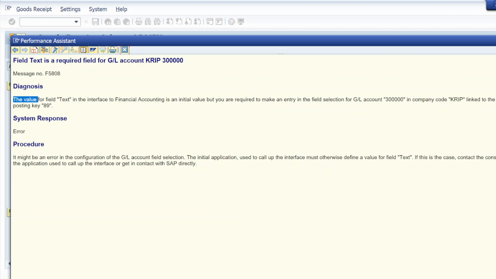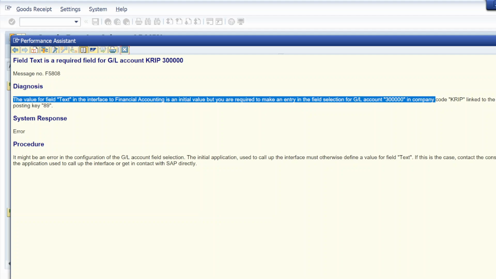This is an FI error, but this is how you can resolve. The value of the field text in the interface to financial accounting is an initial value, but you are required to make an entry in the field selection GL account in company code KRIP linked to this field selection for posting key 89.